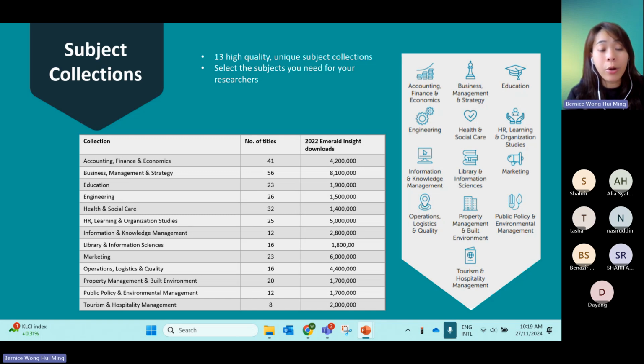But of course, no worry, because at Emerald we do provide interdisciplinary areas. Later, I will share with you some examples. For example, some authors want to publish on a topic like hospitality waiting time, but they do not publish in health and social care. They will choose to publish in the operation, logistics, and quality journals. They will choose from there. So later I will guide you with some examples of how you can consider which journals, how to find the right journals to publish your paper.